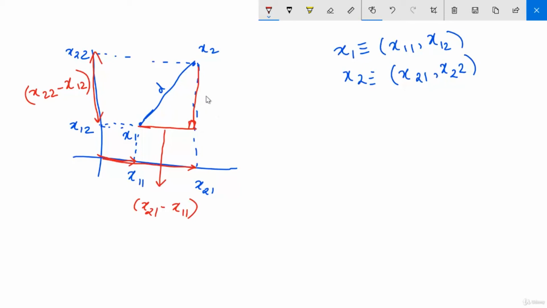This is x22 minus x12. This is your this distance. Now don't you think we have the base distance? We have the length distance. Don't you think we can find the d here using the Pythagoras theorem? We can. So using Pythagoras theorem,